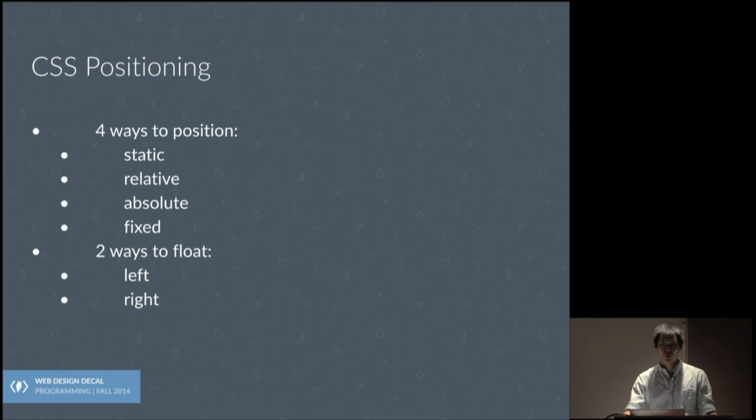And those two are really important because they're crucial to positioning elements, the relationship between elements on top of each other. Those two properties are position and float. Up to this point, we talked about the box model, margins and paddings, and how things are side by side, for the most part. But now we're going to talk about how they stack in front of and behind one another.